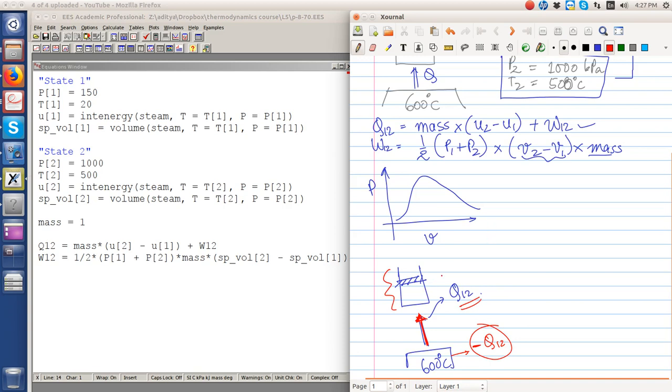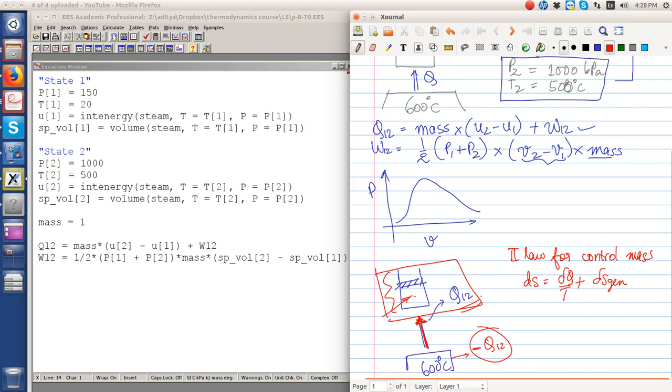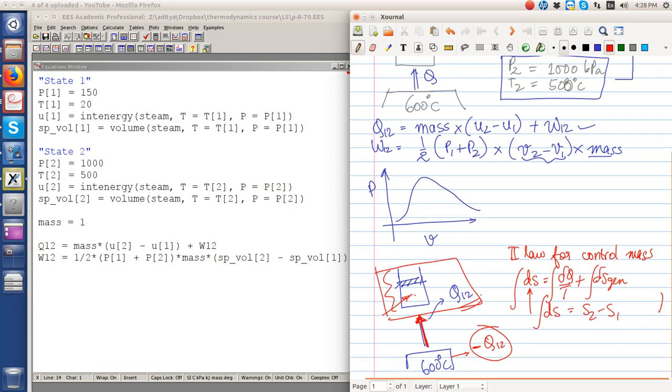So what would be the entropy change of the system? If we write the second law of thermodynamics for the control mass, ds equal to del q by T plus delta S gen. But since we know the two states 1 and 2, then we can directly find ds equal to S2 minus S1. If we did not know the state,